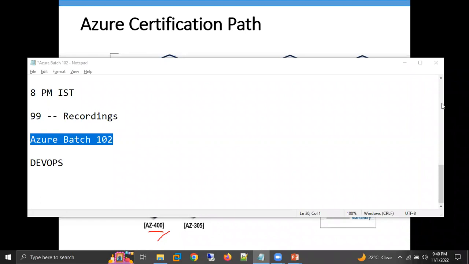After this course, you can go for Azure DevOps. That is different. But after this course, you can get a job as a DevOps engineer. If you want to apply after this one, definitely you can. But if I'm talking about package, if you go with Azure DevOps plus Azure Admin, the package will be more. If just Azure Admin, the package will be a little less.